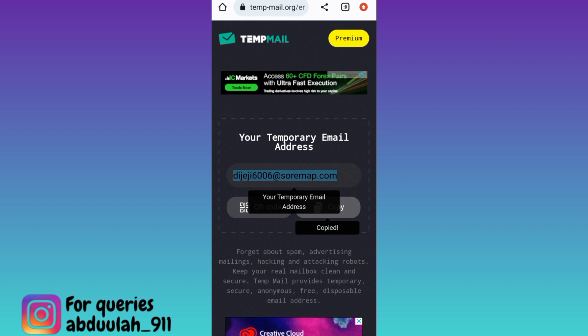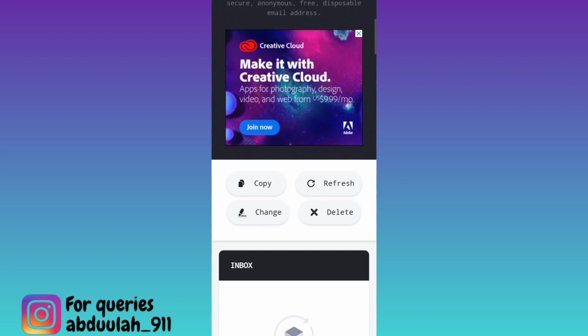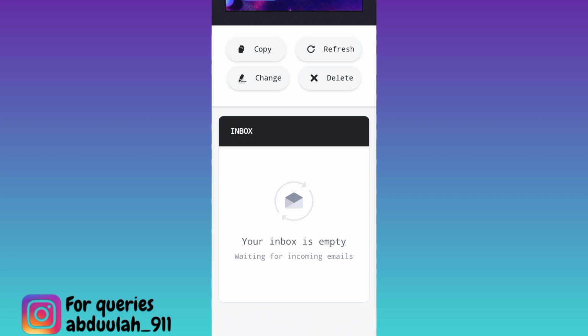account on Snapchat. Once the account is created, Snapchat will send a verification code to verify your email address. So in order to get that verification code, you need to come back to this website and scroll down. And right here in this inbox section, you will receive the OTP code. Once you have received the code, paste it on Snapchat and your fake Snapchat account without providing your original phone number or email address will be